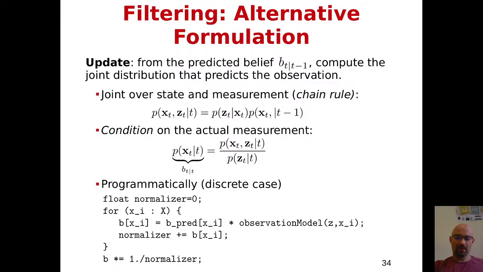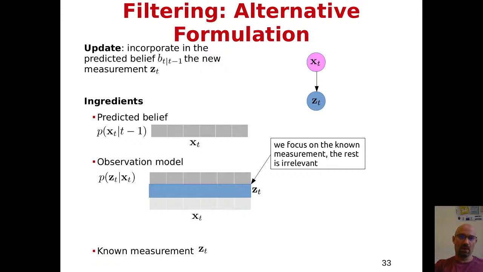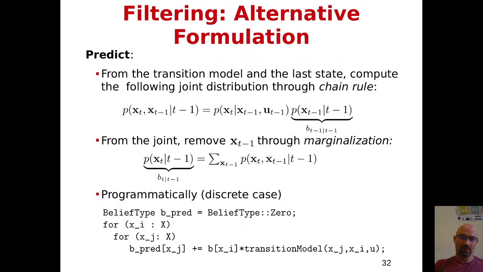Okay? So we identified 2 steps in filtering. One is the predict, right? Which basically consists in performing an open loop motion, an open loop transition of our system, open loop from the point of view of observation. So we just move blindly to the next state, and we can perform predict basically by applying the chain rule to the previous belief and the transition model,